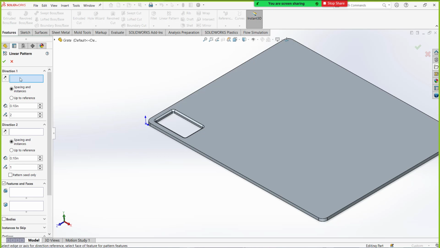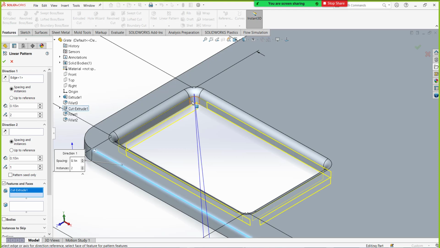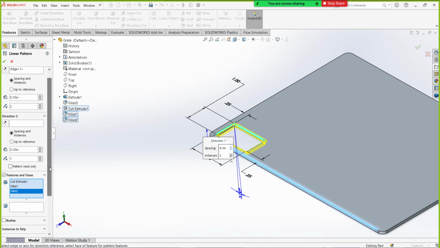In direction one, it will ask you for the edge reference. Just select the edge, and in features you define which features you want. From this drop down you can select the cutout, and here you can directly select fillets and the outer fillets. Once you select it, you can define the values here.